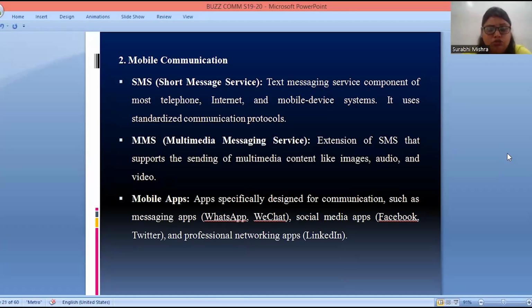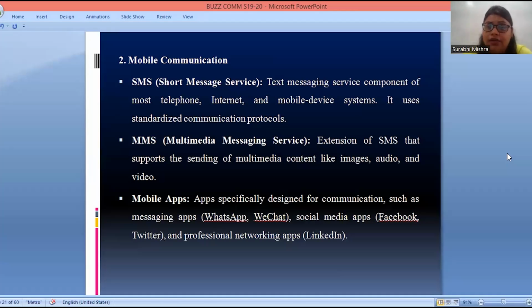Apart from SMS, there is also multimedia messaging service, MMS, which is the extension of short message service. It supports the sending of multimedia content like images, audios, and videos. So this is all about multimedia service.